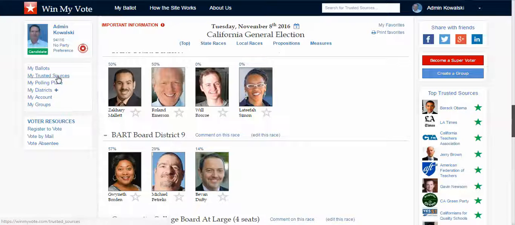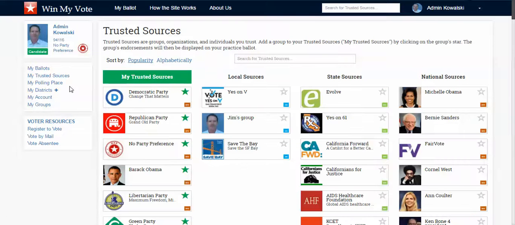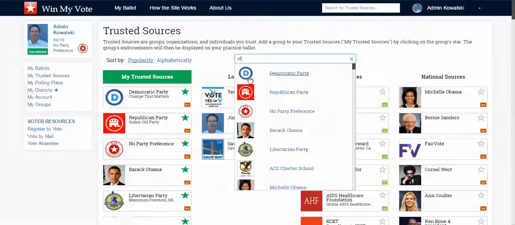One of the other features that I really like is what's called My Trusted Sources. And these are groups and organizations and individuals that you want to know about who they're voting for, who they're endorsing, what propositions or measures or initiatives they're supporting, and which ones they're opposing. So for example, let's say if I follow the AFL-CIO, I can type that in,